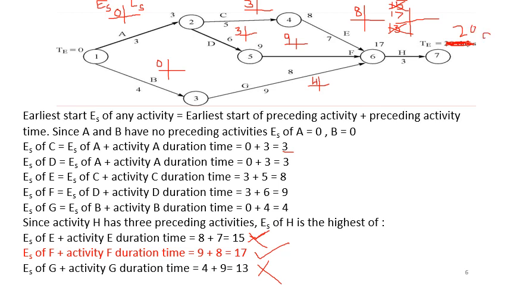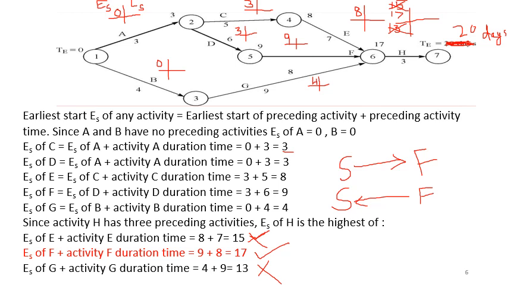Now your problem is not complete here. You have just done 50% of the job. Now you have to find the critical path. To find out the critical path, you have to now find the latest start. Always your earliest start is found from left to right, that is from start to finish. Whereas your latest start calculations will always be from right to left, that is from finish to start. Correct? So always your latest start calculations will start from the finish to the start.